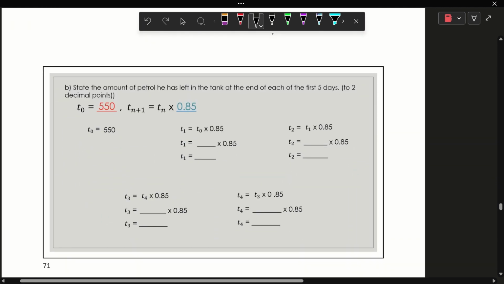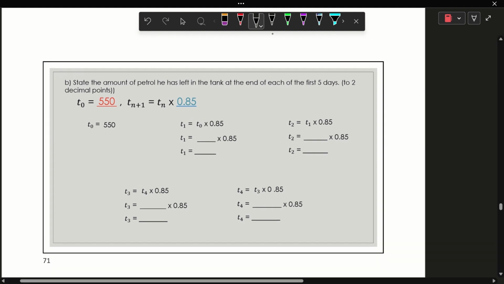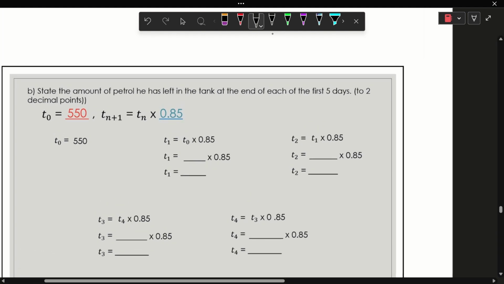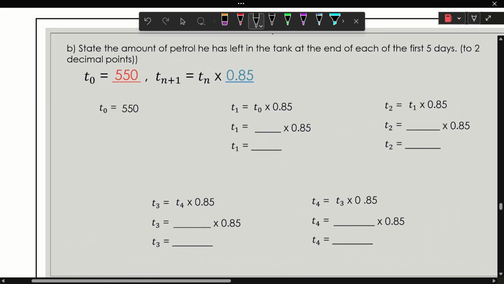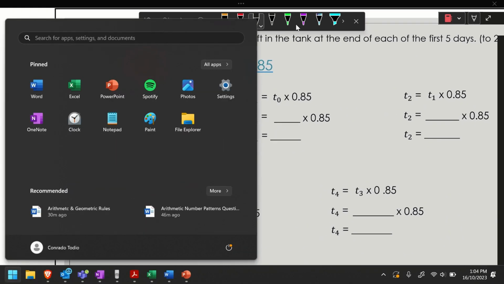Alright, so now the next question is we need to tell us how much he's got after the end of the first 5 days to 2 decimal points. So this part of the question is pretty much the same as generate the first 5 numbers of your sequence. It's just in a worded form. Okay, so you might need your calculator for this. So if you get your calculator out,